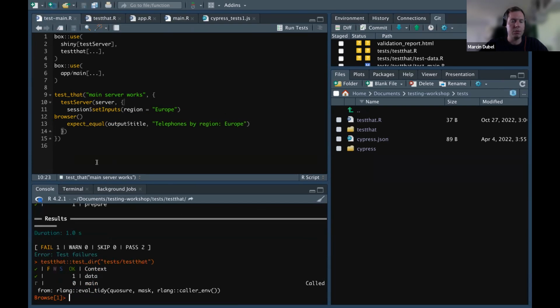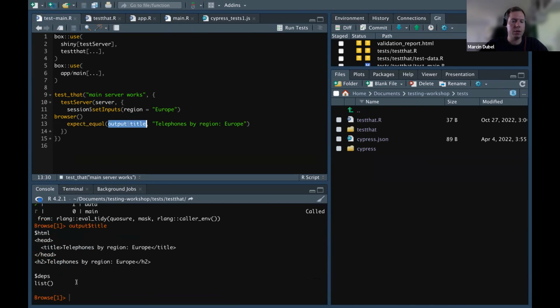We will get into the interactive state in the browser, because we put a browser there, and for output title we can actually access what is there and see why the tests are complaining. That's why: our output title is more complicated because it's render UI, not render text. For render title, we can go to the HTML structure, and we see that it returns the correct value, but how do we get this? Well,